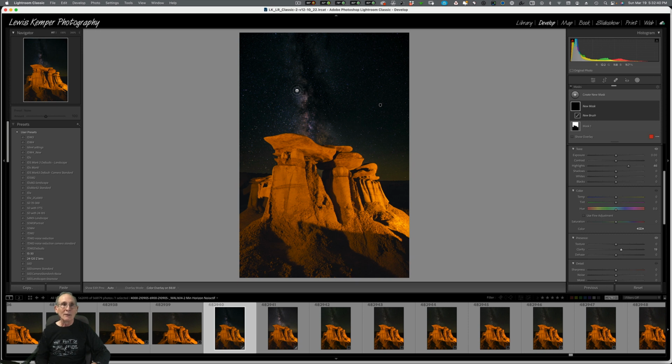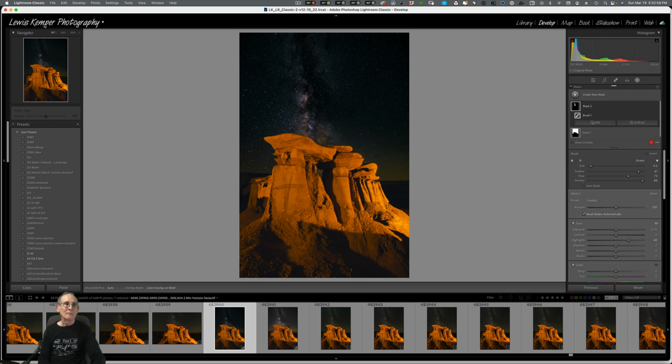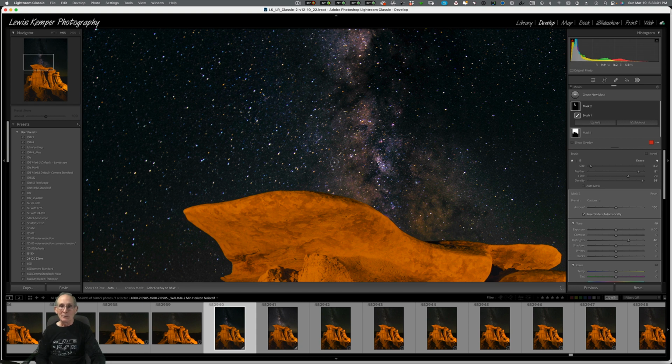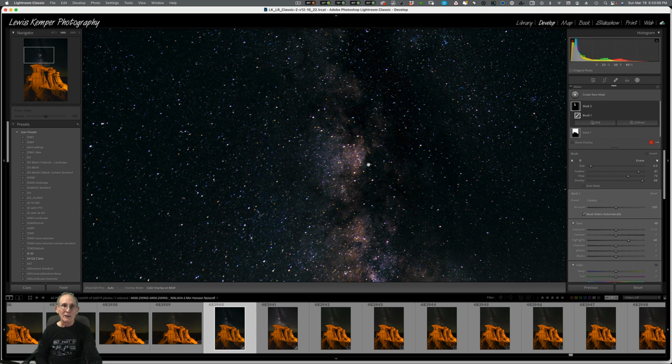I would just take that on the Milky Way, and let me just see what my brush attributes are. Flow. Let me turn the flow down just a little bit, and I'm just going to paint into there. And then if we blow this up 100%, you can see all the color and all the detail